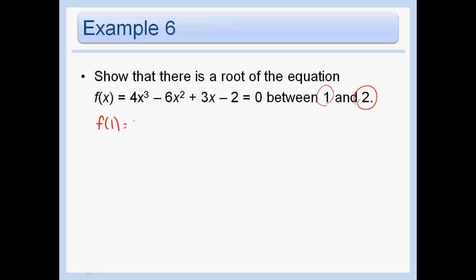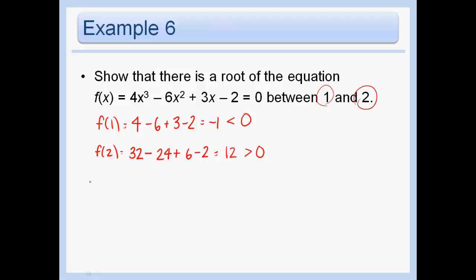f of 1 is going to be 4 minus 6 plus 3 minus 2, which equals -1. And f of 2 is going to be 4 times 8 is 32 minus 24 plus 6 minus 2, which is 12. And look at this. This is less than 0, and this is greater than 0. Therefore, by the intermediate value theorem, we have to write by the intermediate value theorem,